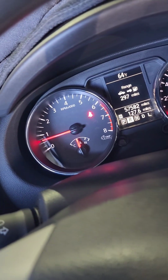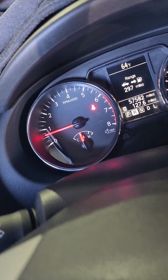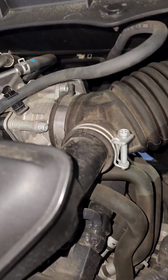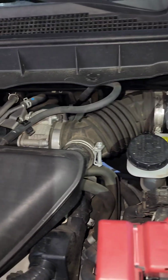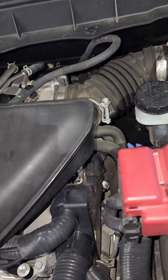I guarantee they have never done an EFI, so that throttle body probably looks icky. And then if and when I sell that, of course I'm gonna clean the throttle, because that's what needs to be done, and then relearn idle and adjust idle as needed to where it doesn't vibrate anymore, which is usually